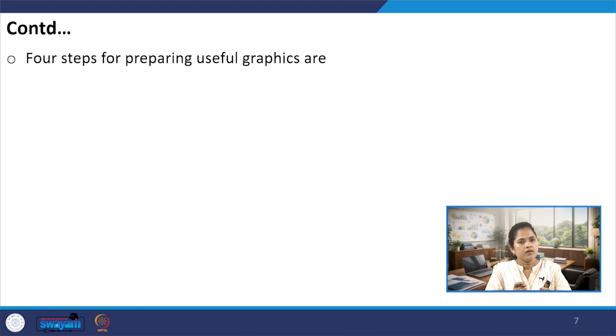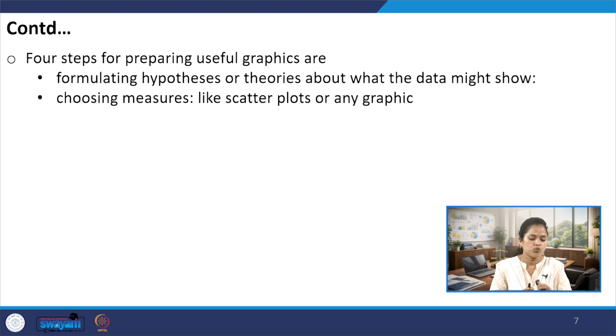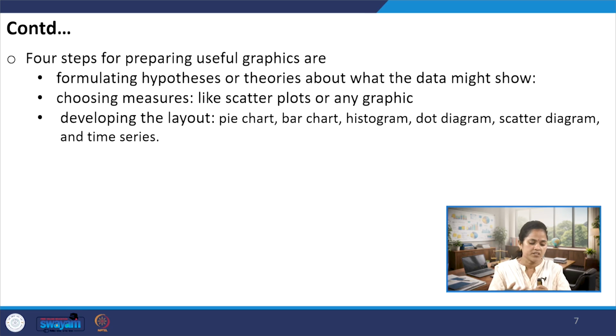Okay, and for this reason, the 4 steps for preparing the useful graphs that we need to take into account as policy analysts are related to the hypothesis formulation, that is, how hypotheses are formulated or theories described or analyzed using data. And the second could be using different methods like scatter plots or any graphics that we mentioned just now, or we can think about the other steps could be developing the layouts like the pie